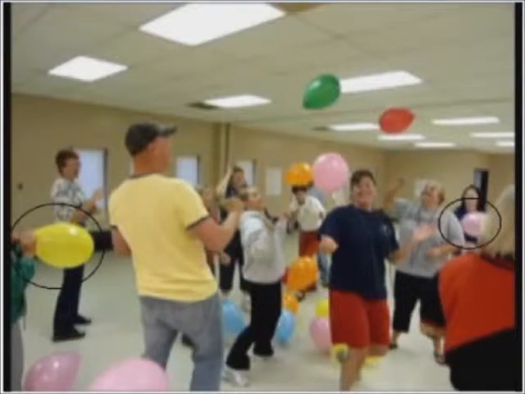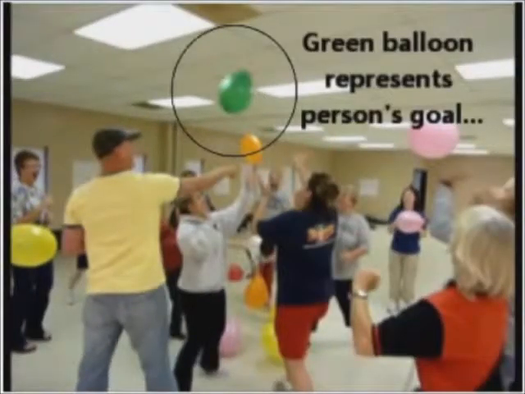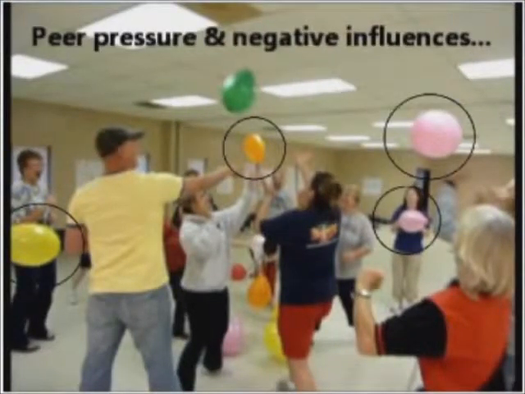You will inform the person in the middle that his or her balloon represents a goal, which they will say out loud to the group. It can be as simple as making the basketball team, or something more challenging like getting into their college of choice. After the person in the middle states their goal, you will then instruct the people around him or her